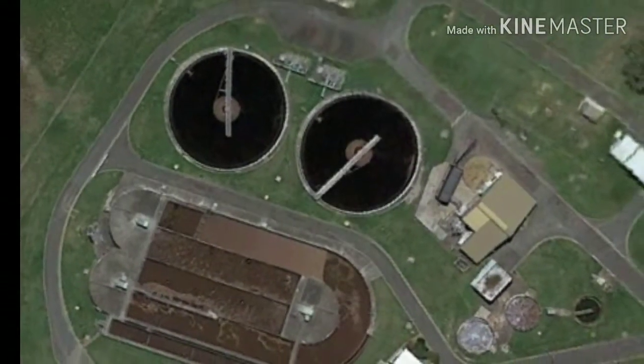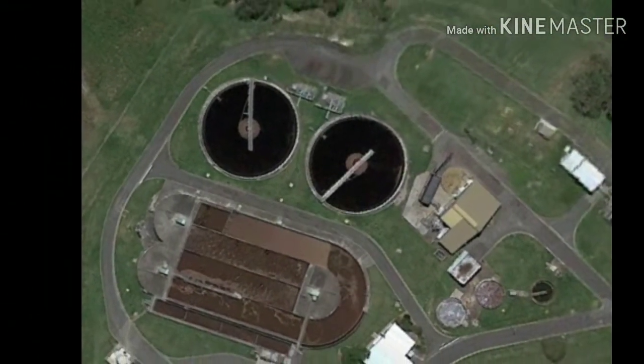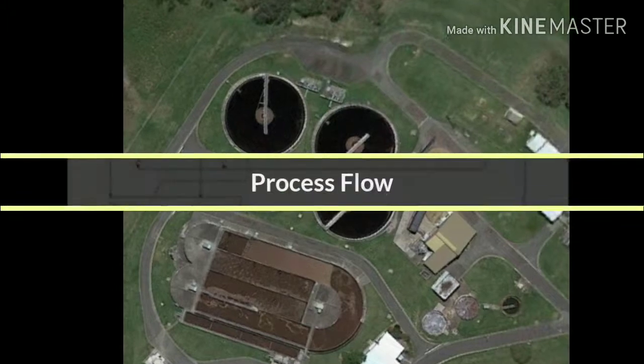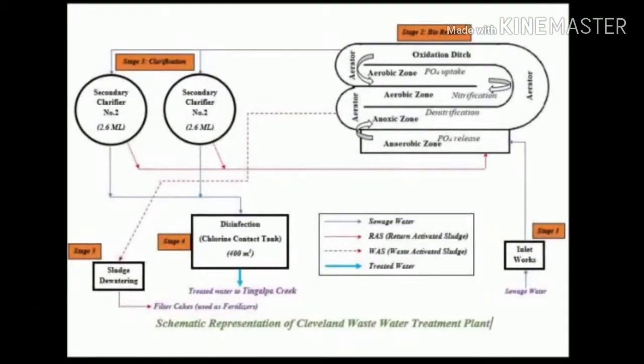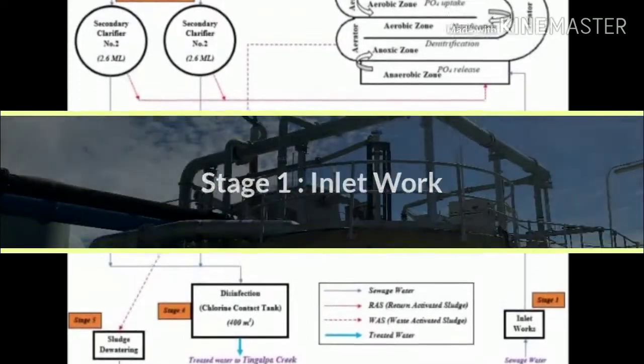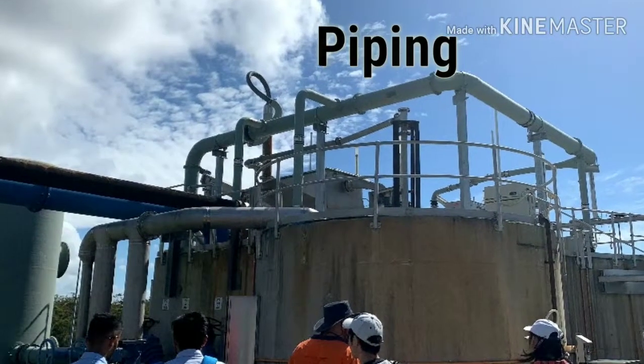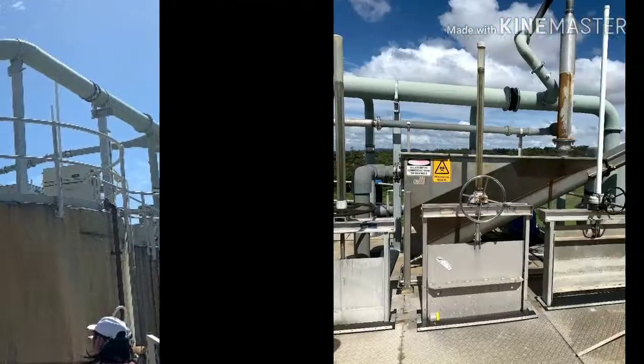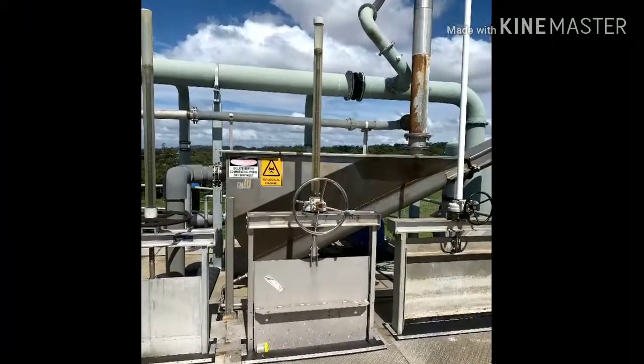The plant is running on a basic recycle effort. It is a fully automatic plant. The water treatment plant has a 5 stage process. The first stage is inlet work. It's a big network. The plant is running at the downhill, so you've got all the pumping stations out in